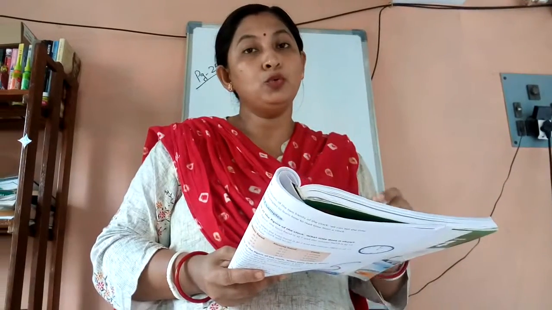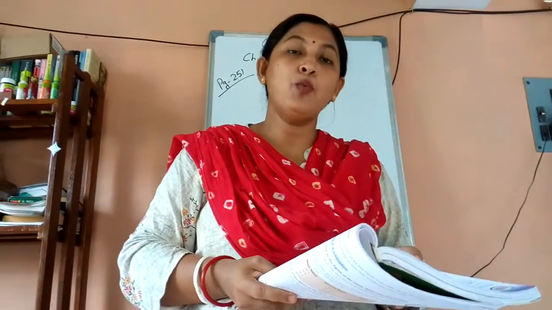And as you know, there are small divisions between 12 to 1, 1 to 2, 2 to 3. These small divisions, there are 60 small divisions in 1 hour. That means 1 hour is equal to 60 minutes. Similarly, 1 minute is equal to 60 seconds. And in 1 day we have 24 hours. So this is for the time. And I think you all know how to see the clock. You have to see the clock and tell the time.